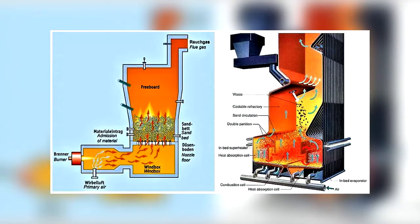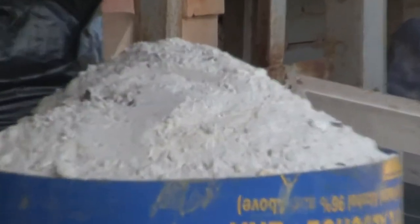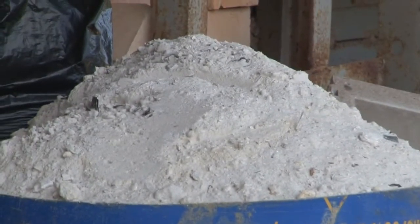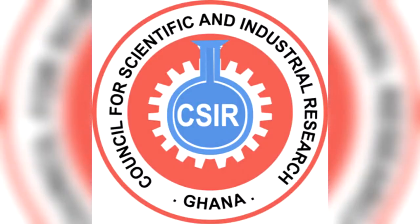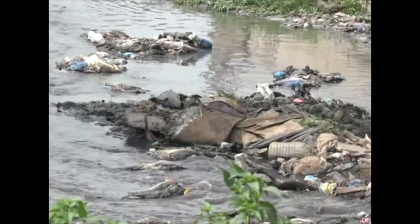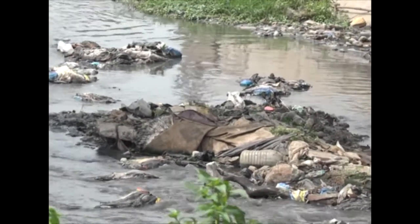At the end of an elaborate recycling process, every waste is used up. The scientists have a use for the ash. It is convertible to fertilizer for agricultural purposes. The CSIR proposes this procedure of waste collection and treatment as solution to the waste menace if adopted for use by communities. We have had very little funding from donor